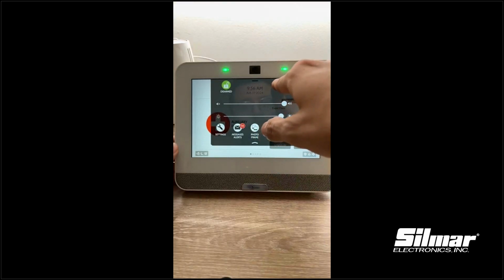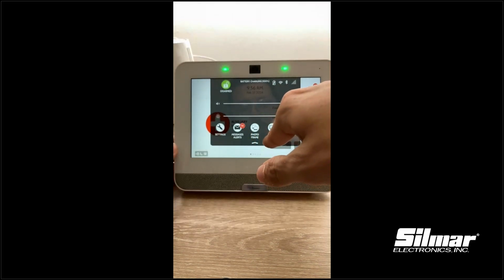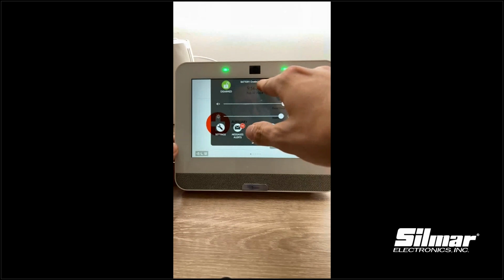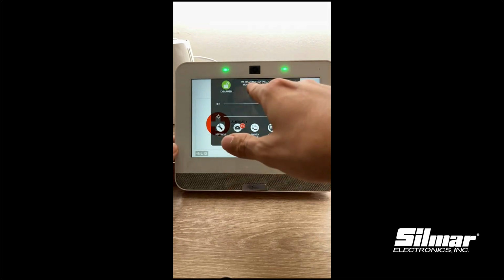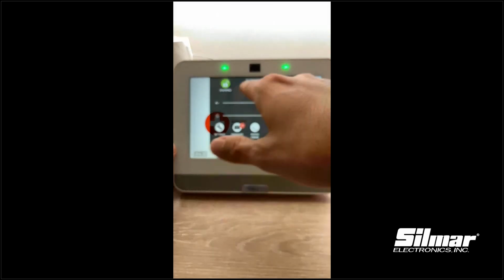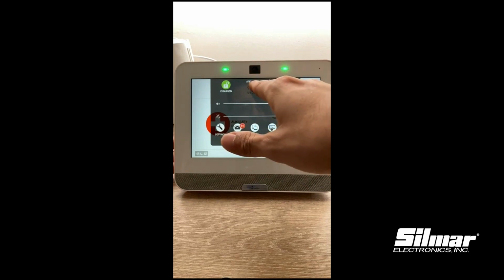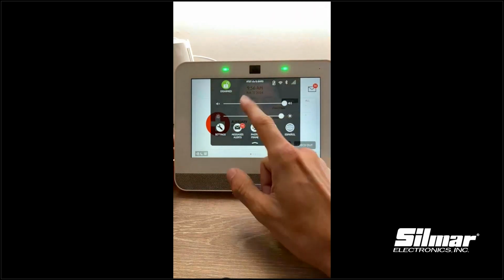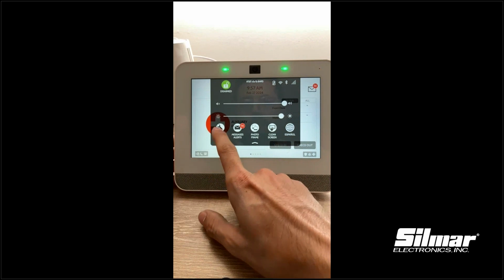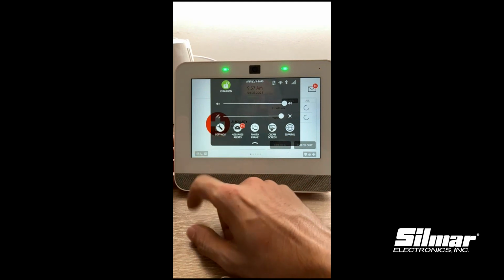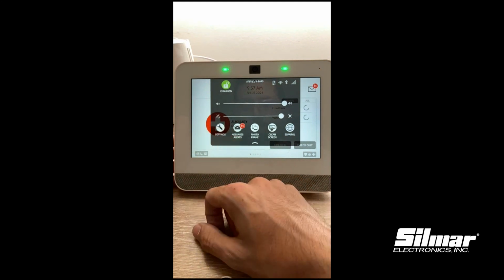Also you have these icons here. You can click on that and you can see the status of battery, the status of Wi-Fi, the status of Bluetooth, and the status of data. I don't have the data enabled right now, so the status is 0 of 5. And the most important menu for us, for installer guys,